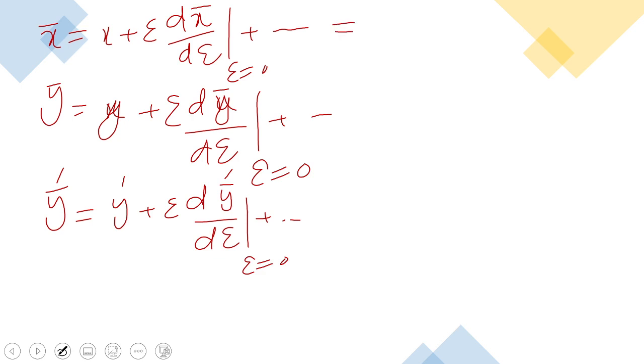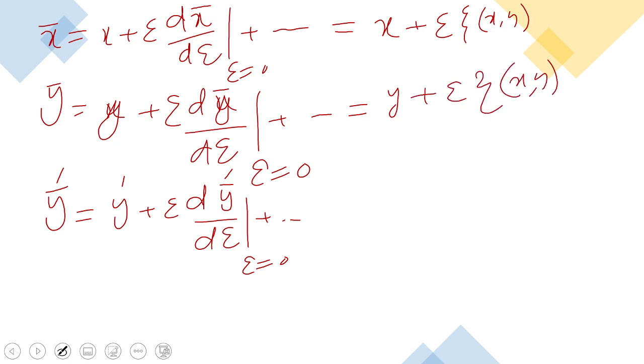So I am writing this as x plus epsilon xi, a function of x y, neglecting the higher terms, and this one is y plus epsilon eta of x y, and this one is y dash plus epsilon eta 1 of x, y and y dash, where you see